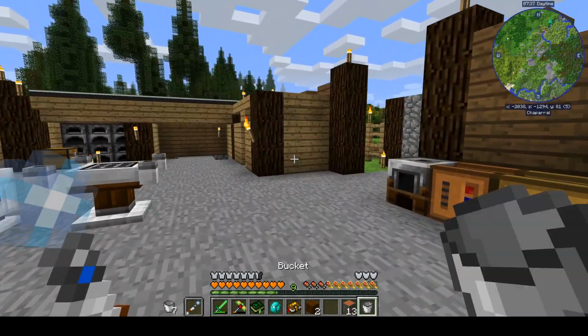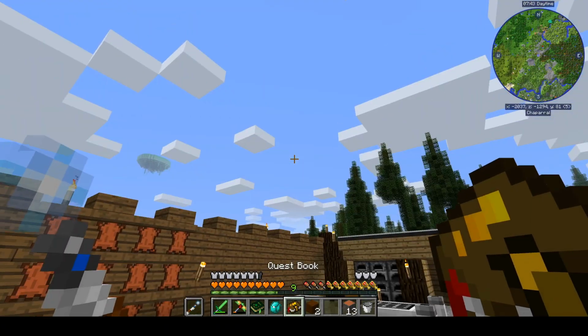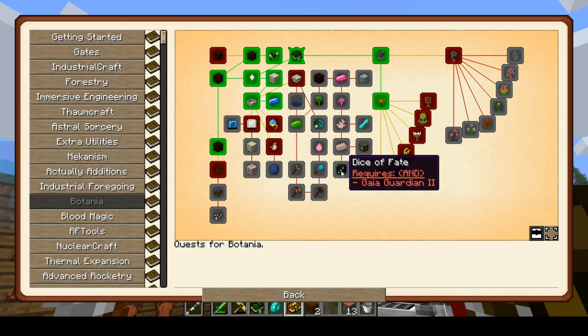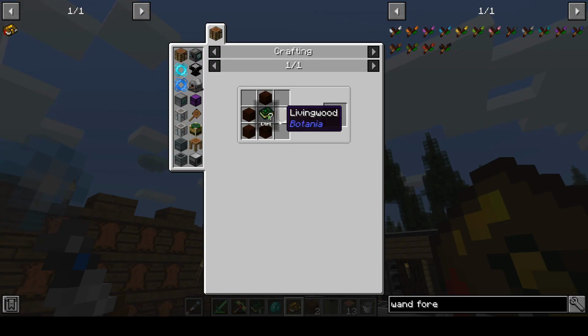Alrighty, now we're going to call it an end of this episode. But yeah, look at all this progress we've made on Botania. So that is good stuff. And we should be able to knock out maybe one or two more of these next time, or after we collect some mana. So next time I'll set up the mana pool, we'll collect some mana, and then sometime in the future we'll hit all this again. The Horn of the Wild